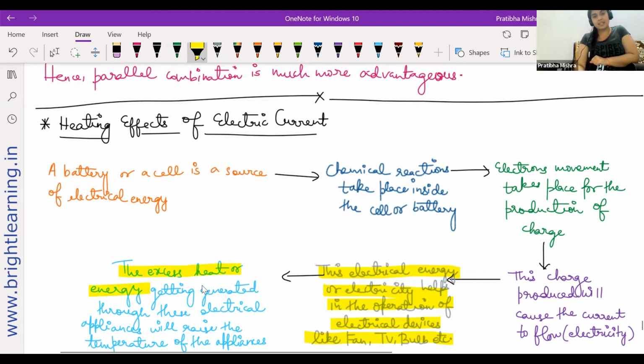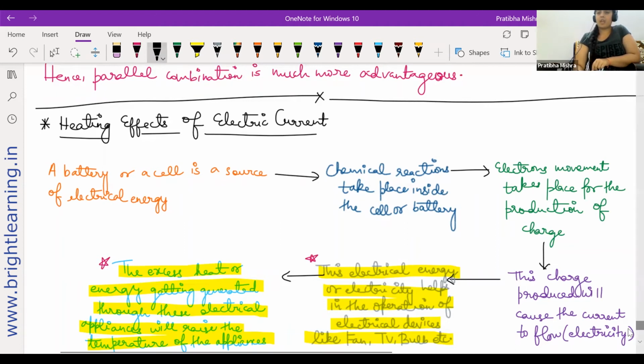Let us underline this. These are the heating effects. Based on these effects, you have some practical applications. What are those practical applications? That will lead you to the, we will derive all those things. So these are the two important things. This thing and this thing. Done. Now let's derive a few things.